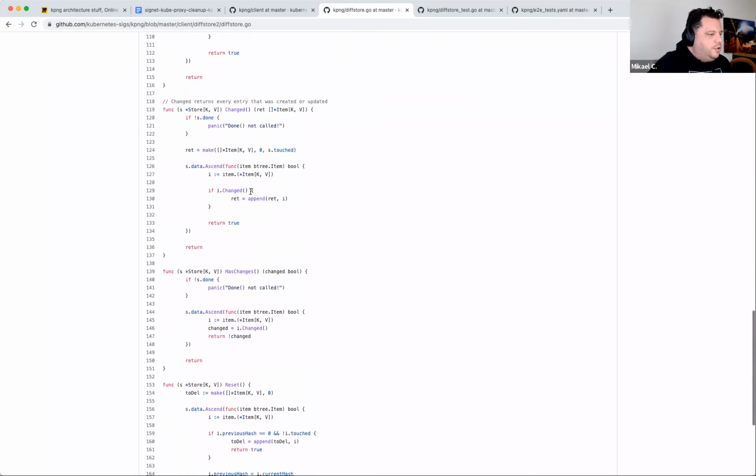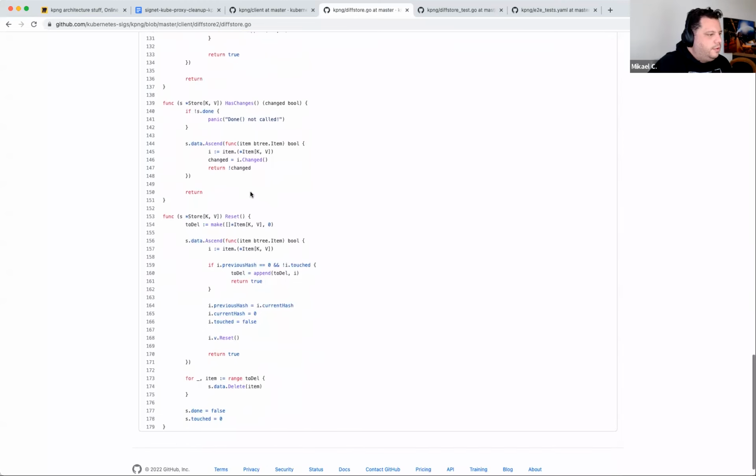The reset may be just handling a lot of internal state to make sure that things that have been deleted are marked, and puts every item in the tree in a state where it says, okay, I have been deleted. It's kind of that.